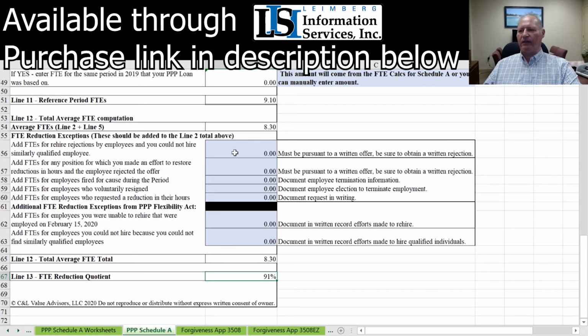Let's just say that this particular company terminated one employee during the covered period, but then tried to rehire that person or a similarly qualified person, and they weren't able to. They submitted an offer to rehire somebody. That person rejected that offer. They weren't able to find a similarly qualified person. In this particular example, that person was a full-time employee. They're going to get a 1.0 FTE for that person, and just that one employee would take their FTE reduction